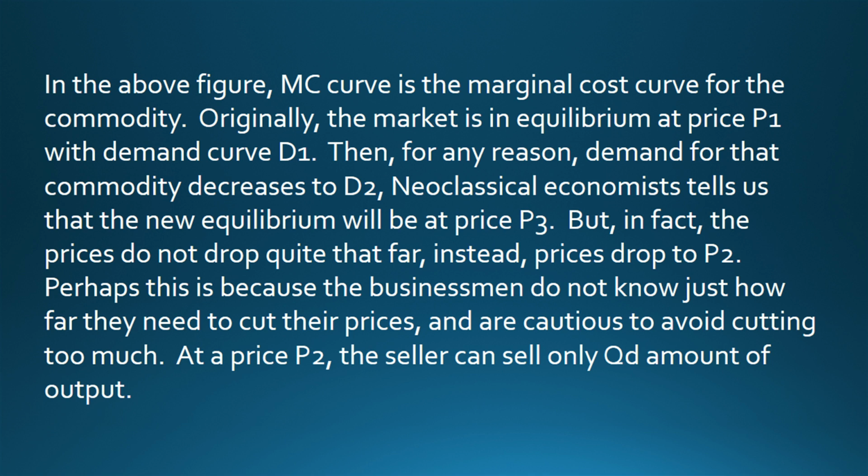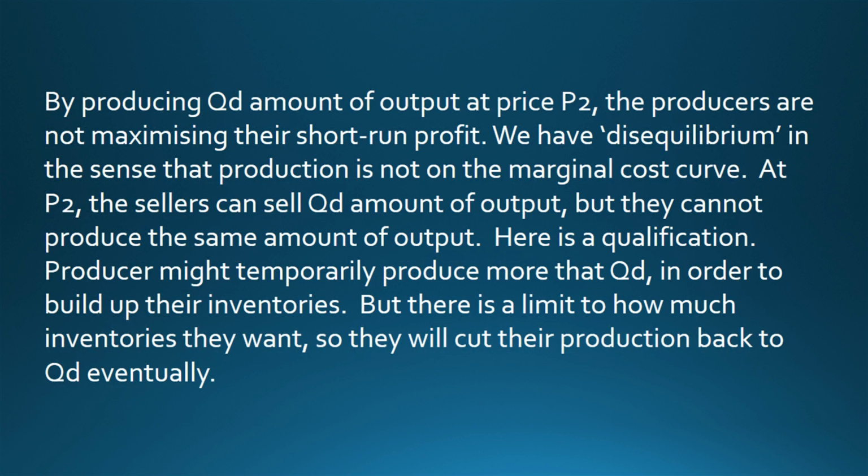Perhaps this is because the businessmen do not know just how far they need to cut their prices, and are cautious to avoid cutting too much. At the price P2, the seller can sell only QD amount of output. By producing QD amount of output at price P2, the producers are not maximizing their short-run profit. We have disequilibrium in the sense that production is not on the marginal cost curve. At P2, the sellers can sell QD amount of output, but they cannot produce the same amount of output. Here is a qualification. Producers might temporarily produce more than QD, in order to build up their inventories, but there is a limit to how much inventory they want, so they will cut their production back to QD